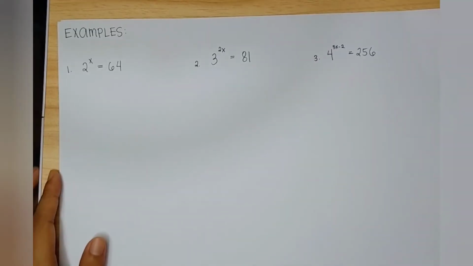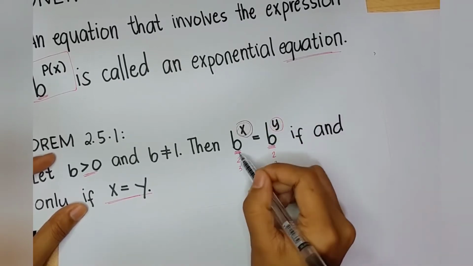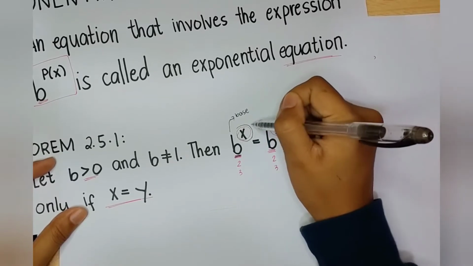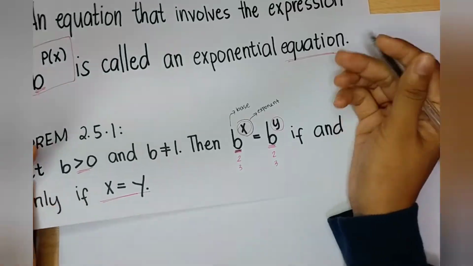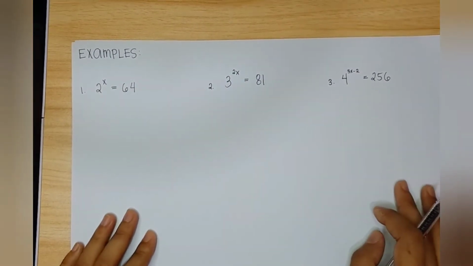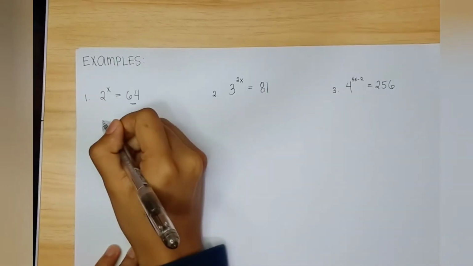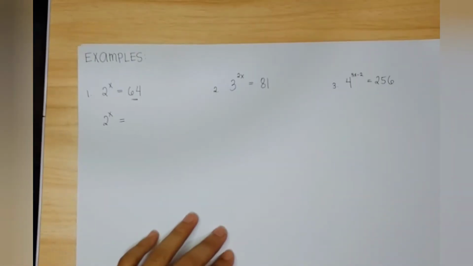Diba, sabi dito sa Theorem 2.5.1, dapat the same tayo ng base. So ito, tawag natin dito is base. Ang tawag natin dito is exponent. So dapat the same tayo. So since ang base natin dito sa number 1 is 2, itong 64, gawin natin siyang to the base 2. So that will be, copy yung 2 to the power of x is equal to,